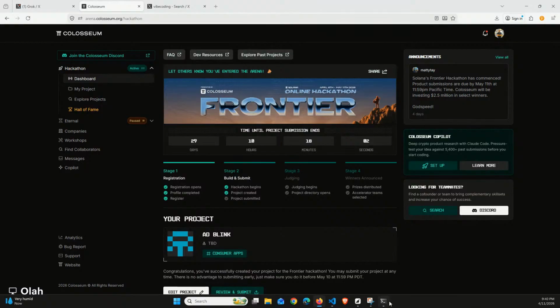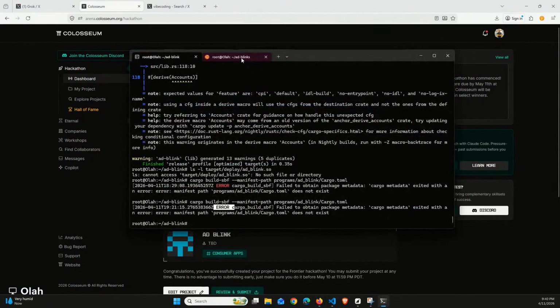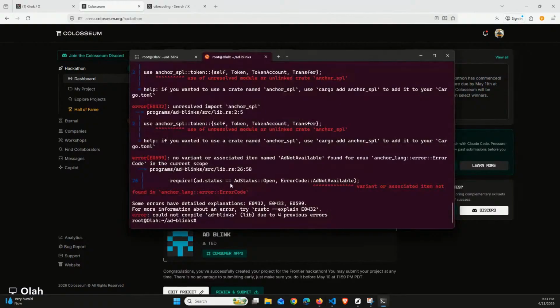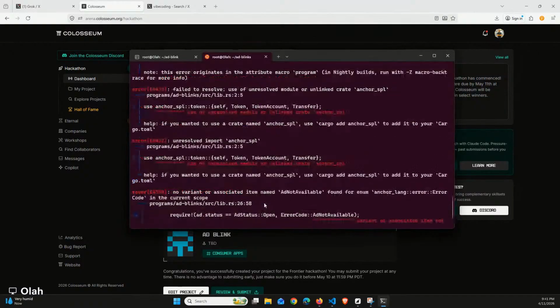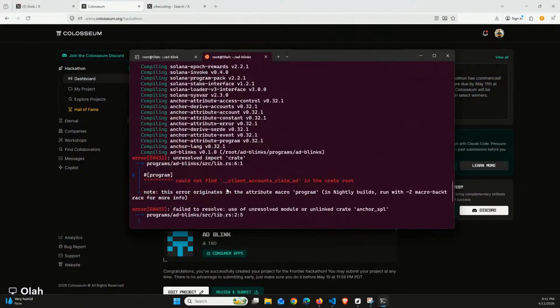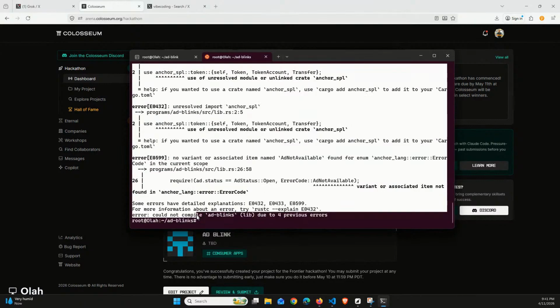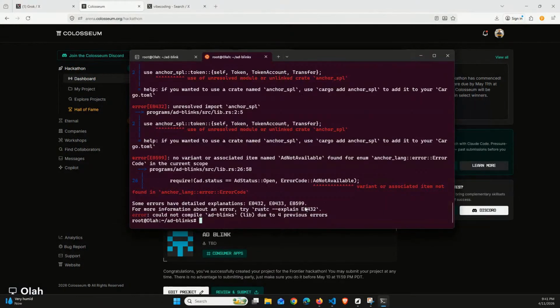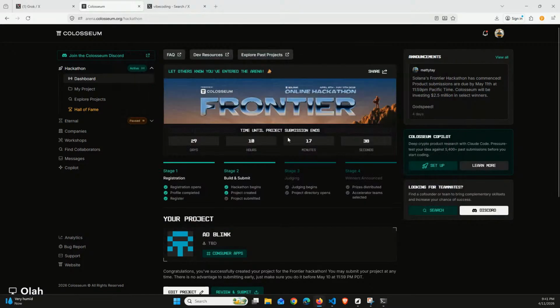Now let's see if it is done. Oh, there we go. So we got some errors. Unresolved imports, blah blah blah. So what I'll do is I'm going to be copying all this error, Control C, and I'll be pasting it in Grok. So I'll tell Grok